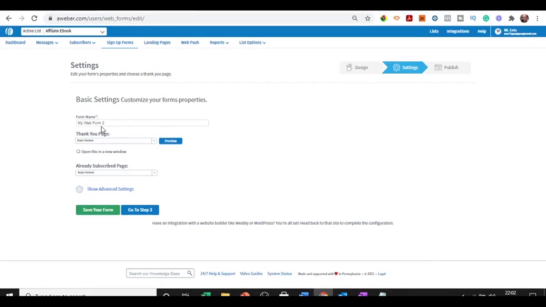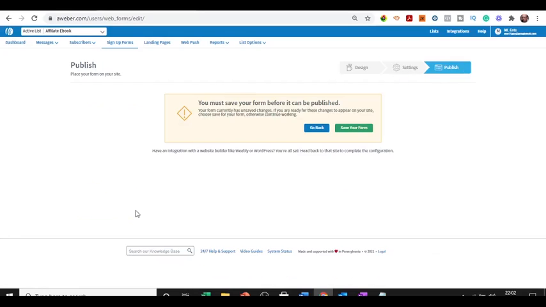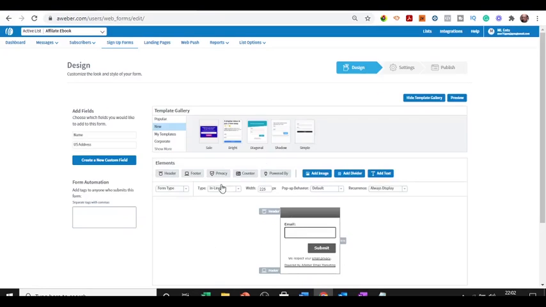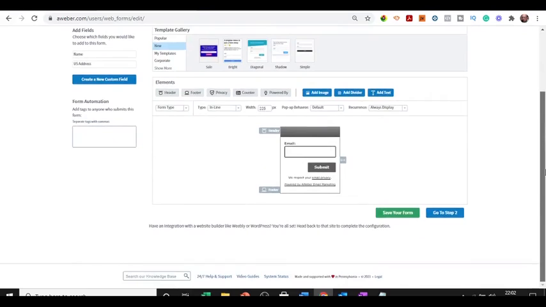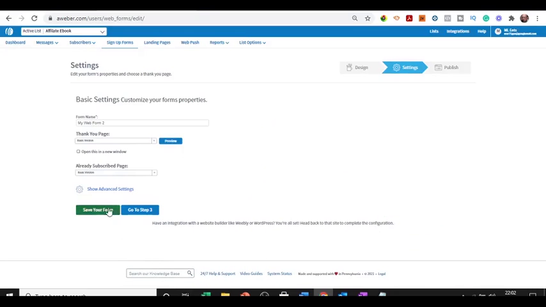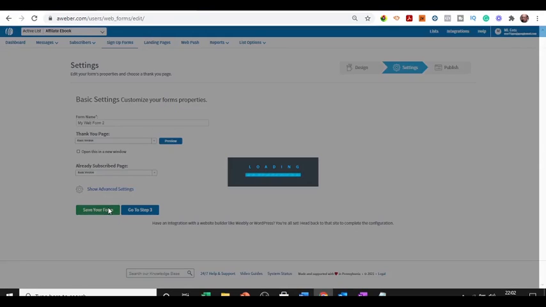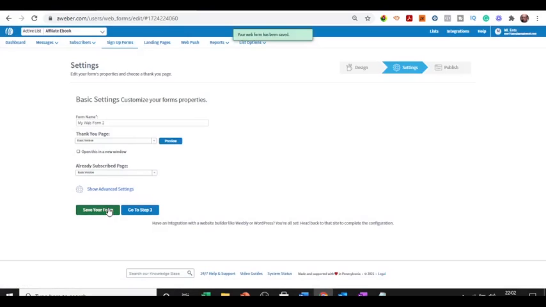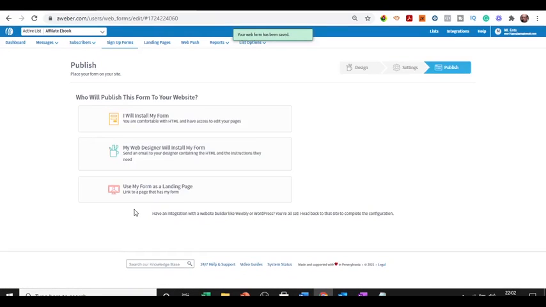My web form. Name it what you want. Go to step 3. Oh, sorry. Step 2. Save your form. Okay. Always save your form. Always save stuff, because sometimes I don't. Okay. Go to step 3. Okay. So that's my sign up form